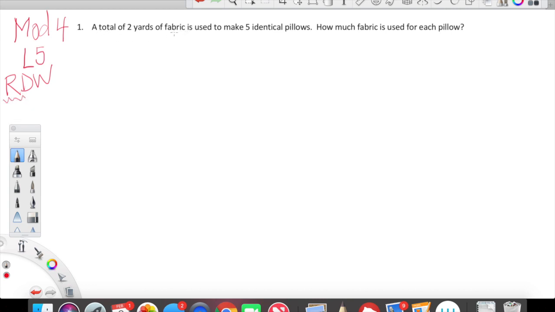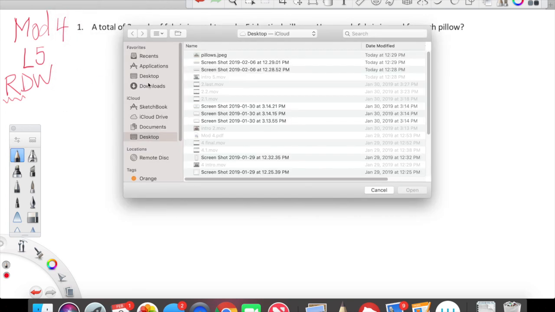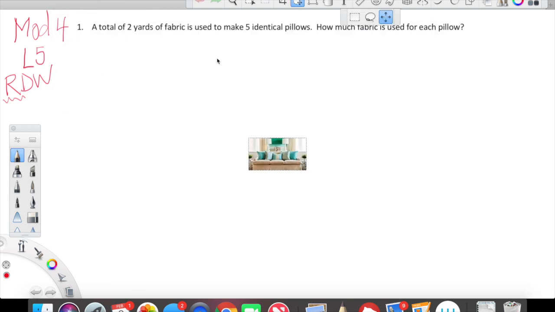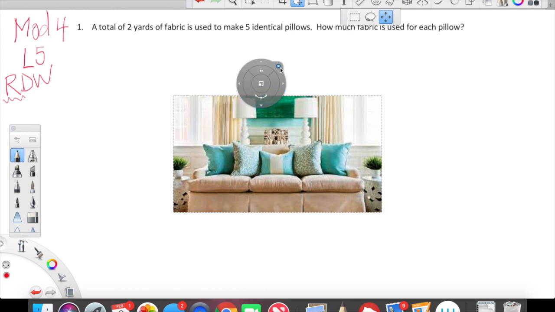A total of 2 yards of fabric is used to make 5 identical pillows. How much fabric is used for each pillow? Okay, like we do with any word problems, please make sure that you understand what is going on in this problem before you just start blindly calculating, okay? So let's imagine, first of all, we're going to have to use our